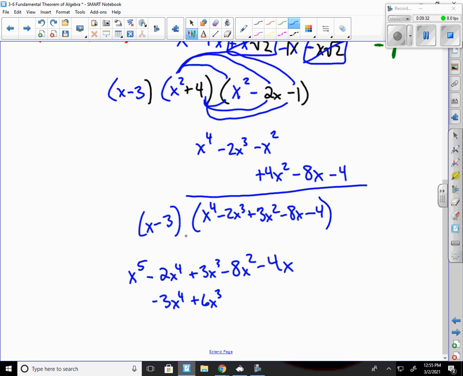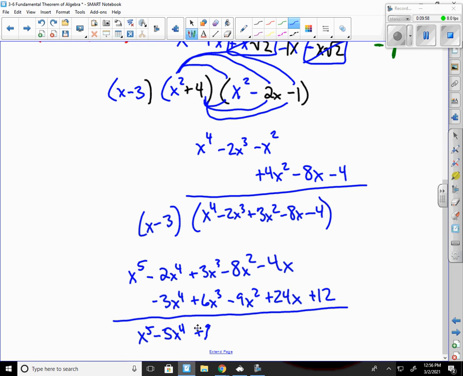Sorry, I skipped the 3x squared. Negative 3 times 3x squared, that's negative 9x squared. Then negative 3 times negative 8, that's plus 24x. And negative 3 times negative 4 gives me a positive 12. Now I combine my like terms. X to the 5th minus 5x to the 4th plus 9x cubed